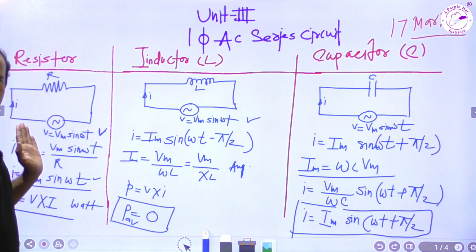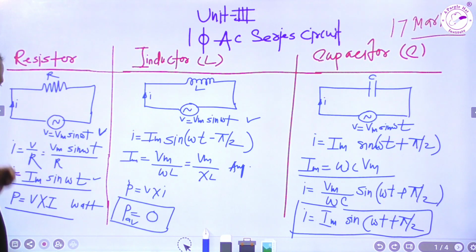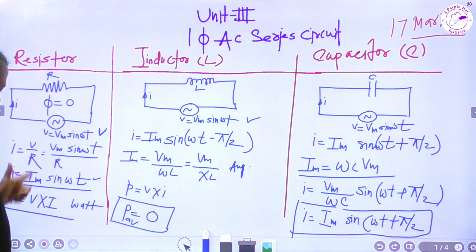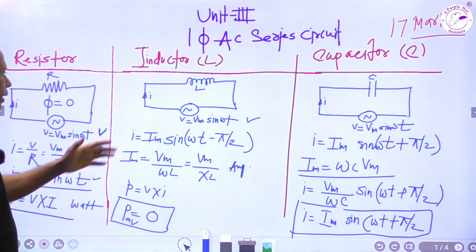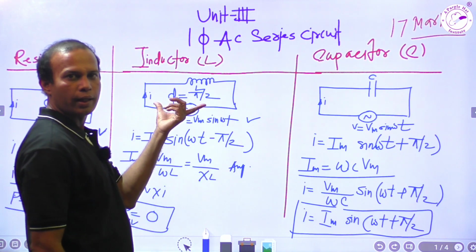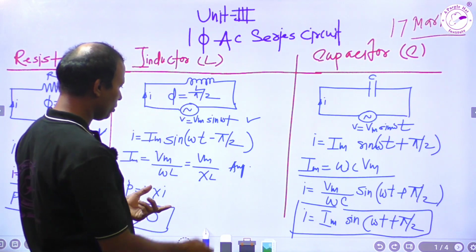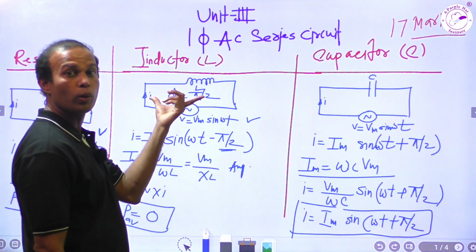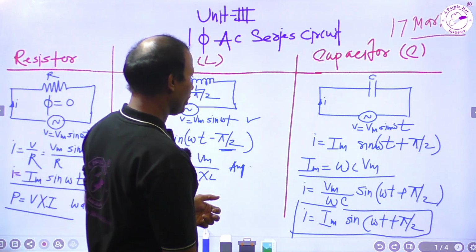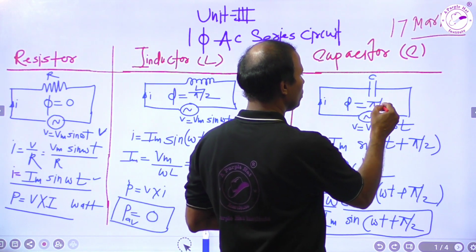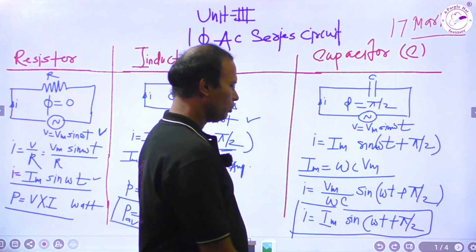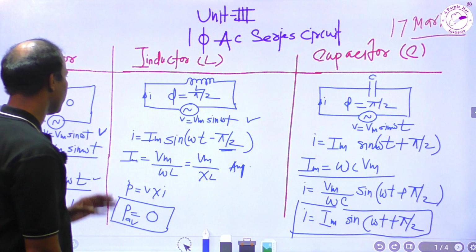For a resistor, current and voltage are in phase. For pure resistive circuit, phase angle phi is equal to 0, and power factor becomes unity. Case number two: phase angle phi is equal to pi by 2, but this current has phase angle minus, so it is equal to minus pi by 2, meaning the circuit is purely lagging, purely inductive. Here phi is again pi by 2, so the circuit is leading because current has this positive value of phi. In this way we can identify the type of circuit.